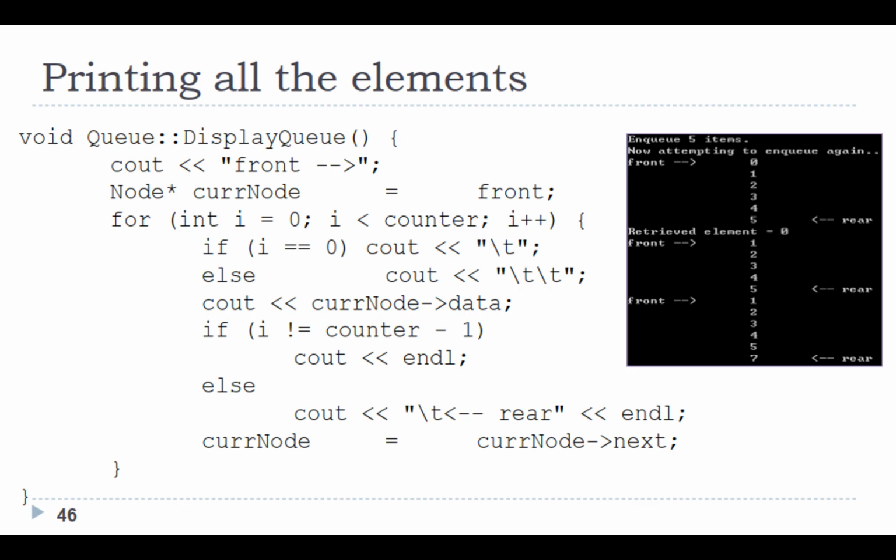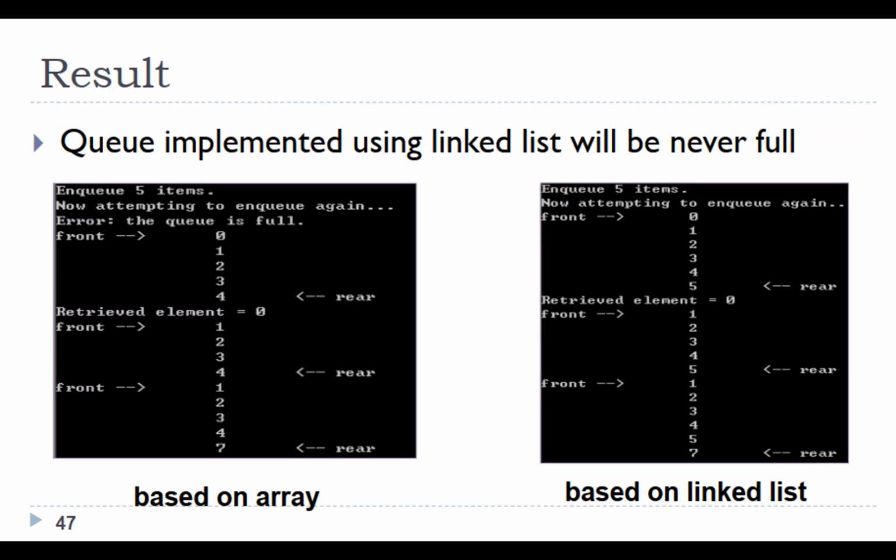Printing all the elements. void Queue::displayQueue() { cout << "front -->"; Node *currNode = front; for (int i = 0; i < counter; i++) { if (i == 0) cout << "\t"; else cout << "\t\t"; cout << currNode->data; if (i != counter - 1) cout << endl; else cout << "\t<-- rear" << endl; currNode = currNode->next; } }